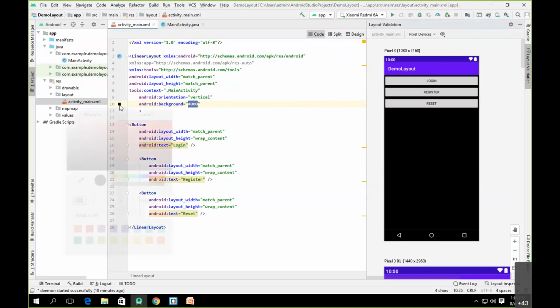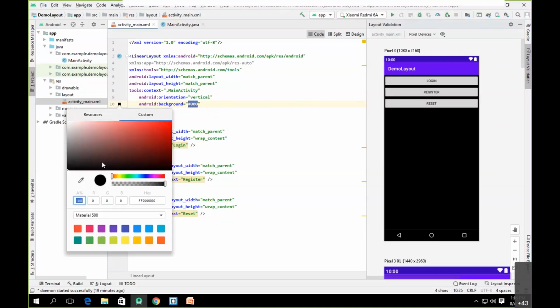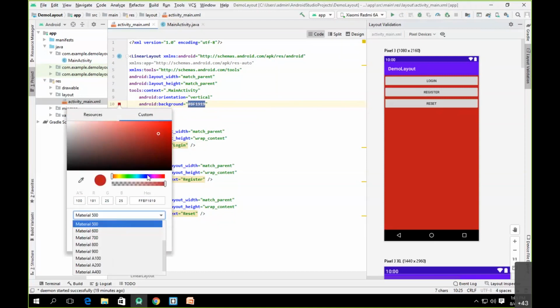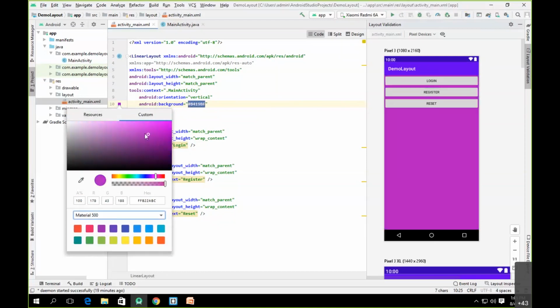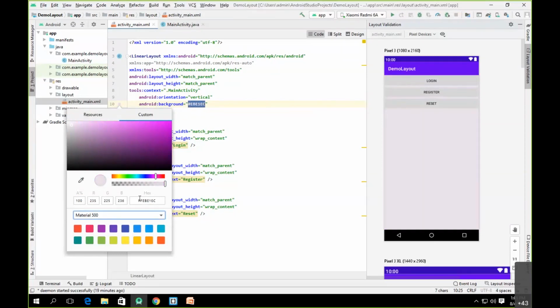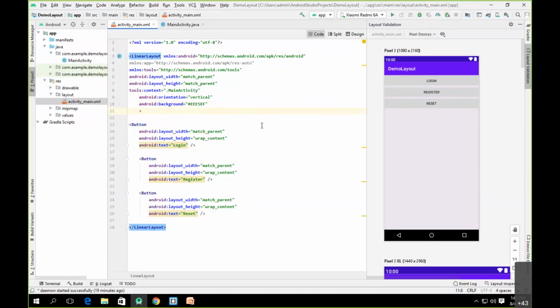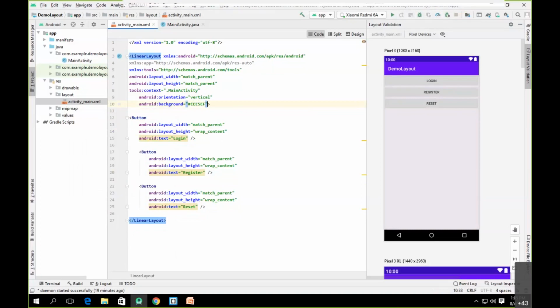If I click on this particular color preview, it will allow me to choose a different color. So I can choose this color here. So this is a red color. If I want to go towards some other color, I can choose it from here. So let me choose some faint color here. Yeah, that's it. And simply once you choose that, you can click on your XML file and it will by default choose the color that you have chosen inside the palette.